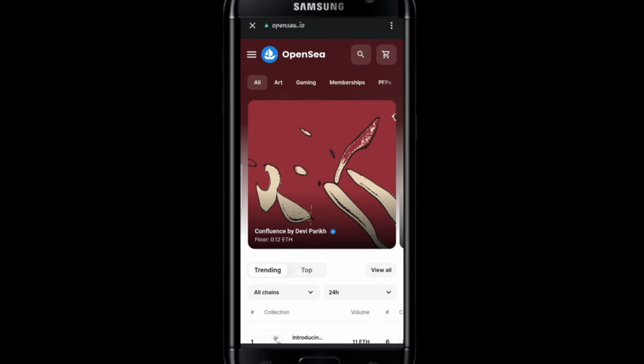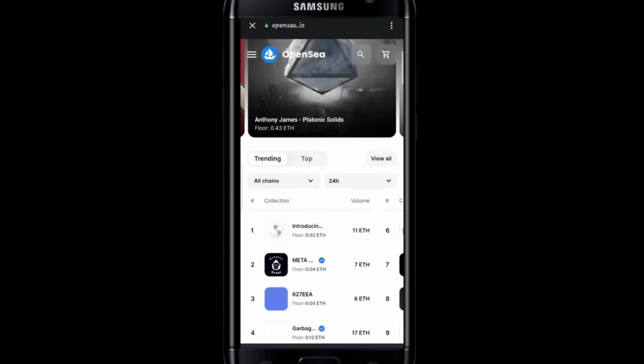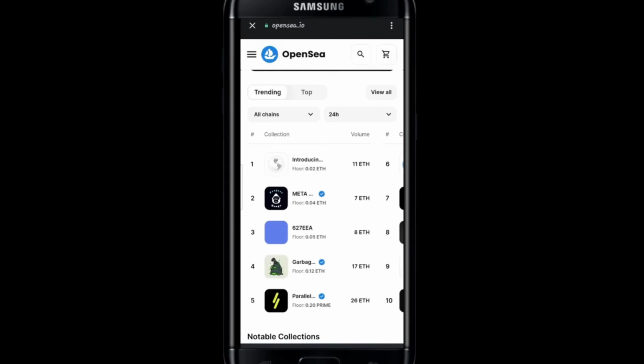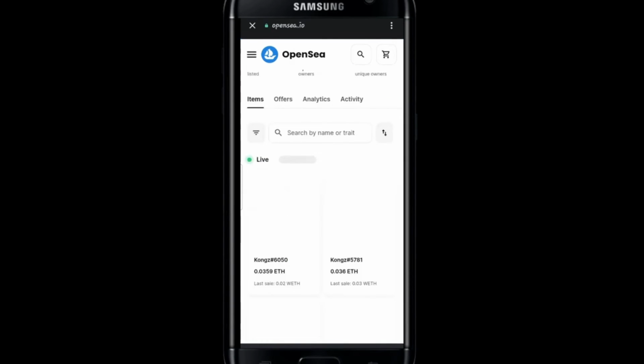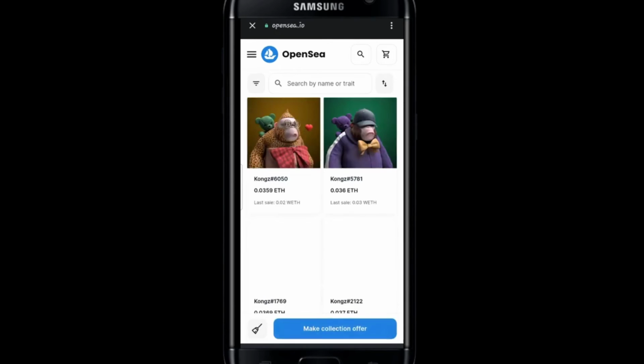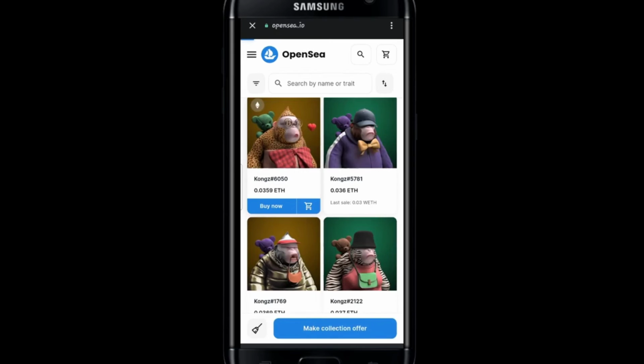Now just scroll through the various NFTs that are available in the OpenSea market and then tap on whichever NFT you're interested in. You will be able to see the NFTs and how much they cost underneath the name of the NFT. In order to buy, you can simply tap on the Buy Now button to proceed with buying your